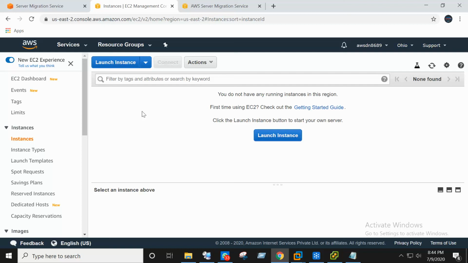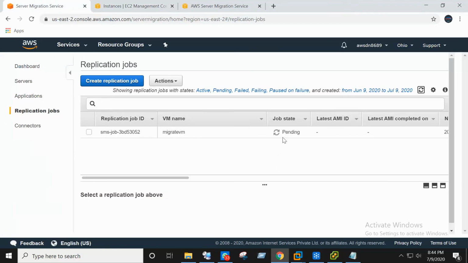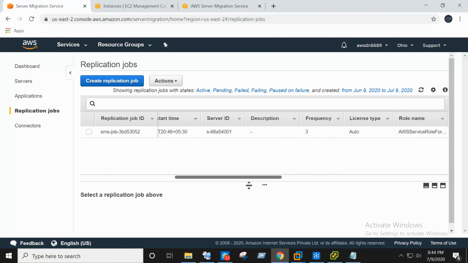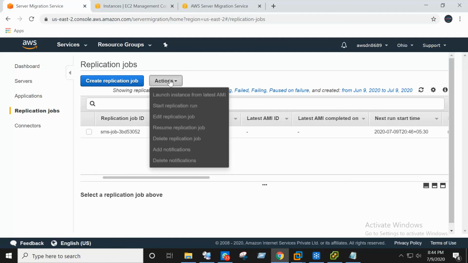Still it is not coming up, so it will take more time. So the job is active. So maybe it will take some time for launching an instance.